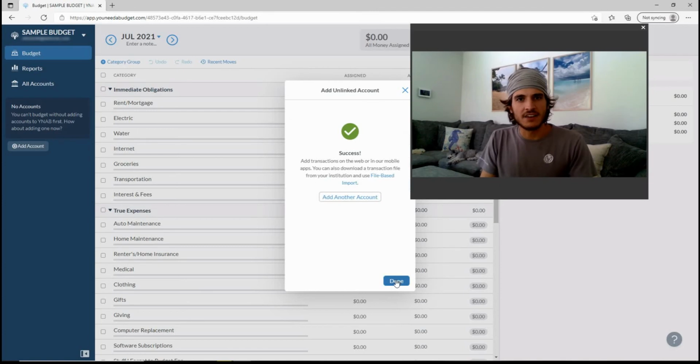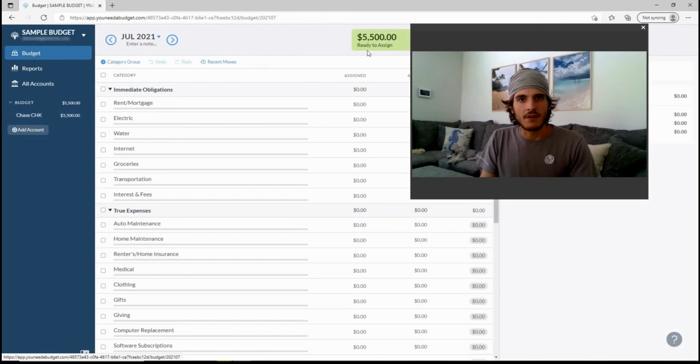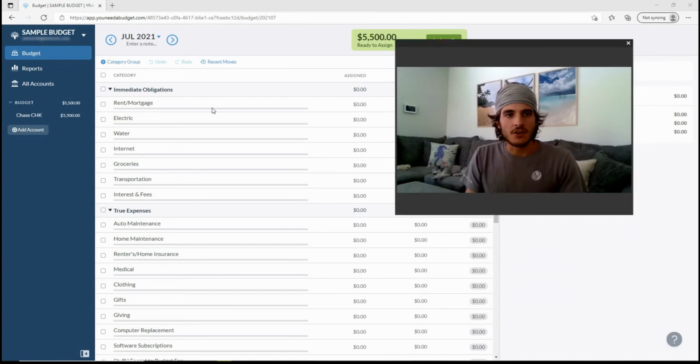So that account's now linked in there, and it's going to tell us that we have $5,500 in there, and we're now going to need to assign that money. What's cool about that is if you start adding in all your expenses here, it's going to say where that money is going. So if we have rent due on the 1st of August, and right now I'm recording this, it's the 22nd, it will make sure that within the next 9 days, you're going to have that money. So, the way it does that is before you really get started with this, they want you to put in all your expenses and when they're due. And so I'll go through a few of those examples with you here,